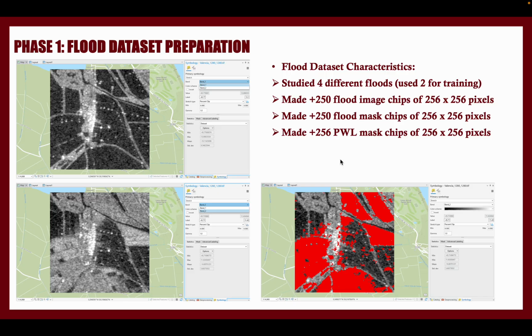So the flood dataset that I created was a result of studying 4 different floods. I chose 2 of them. I made more than 250 flood image chips of 2 bands. The size of them is 256 by 256. The same for flood mask chips and permanent water layer. Well, I didn't use the permanent water layer